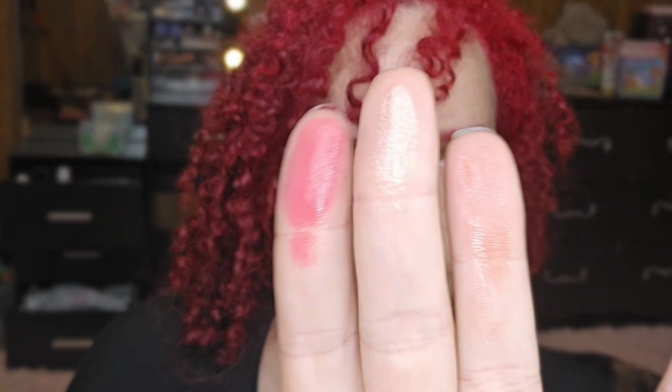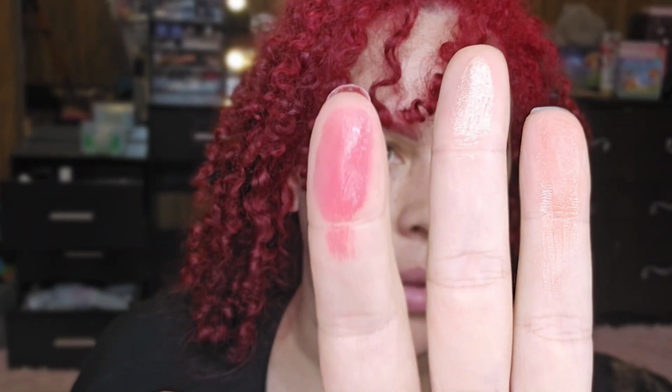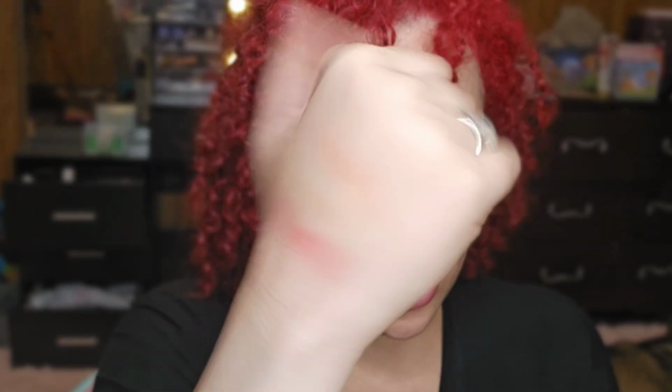Those are pretty. I like those. All right, let's put those back here. Kind of blend them out and see what happens. Okay, so they start out balmy, but by the time I rubbed it out and rubbed it around, it kind of dried down. So it's not staying wet. And it's kind of sheer, which isn't necessarily a bad thing. And since this is a skin tint, that actually works out because then everything will just look